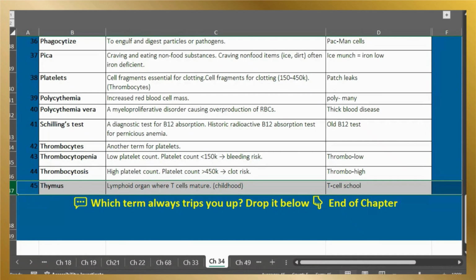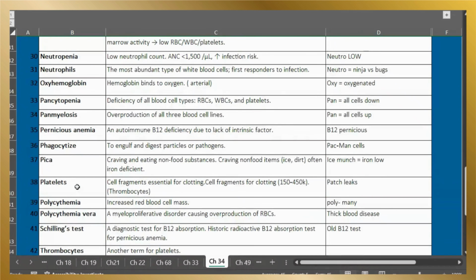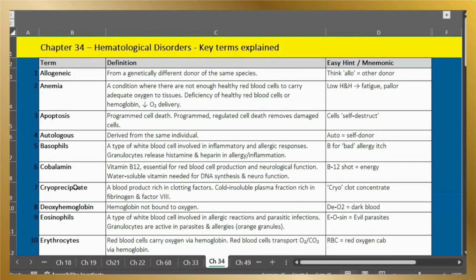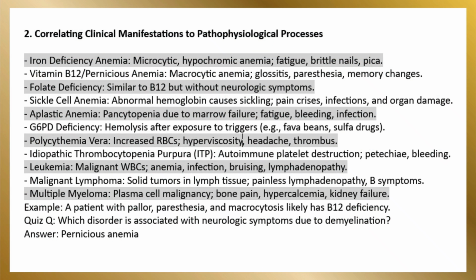Okay, we're moving a little bit forward, and I will show you a preview of the next chapter. I meant not for the next video, I meant for the next next video. It will be outlined, and I will talk more about it. Not the next chapter, the next chapter is about skin. So I want to show you that correlating clinical manifestation to